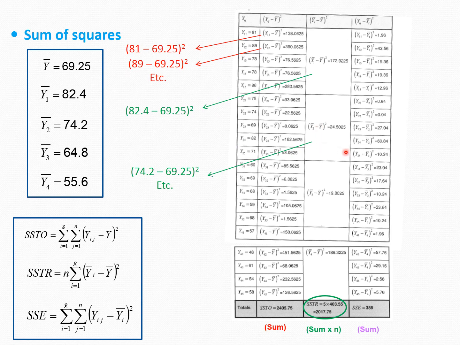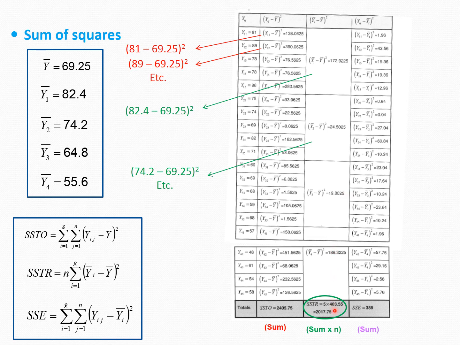For the second group of data, your group mean was 74.2, so you will take 74.2 minus your overall mean, you square that value. You do the same for group 3 and for group 4, and then you can sum